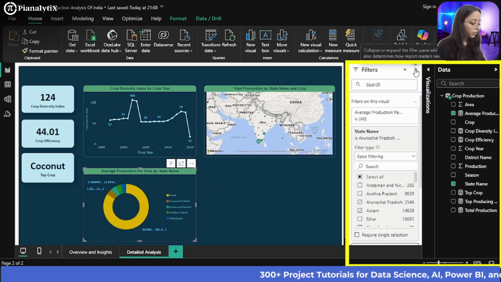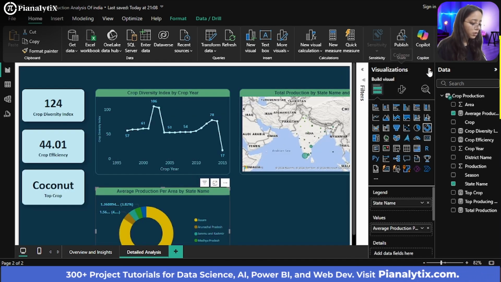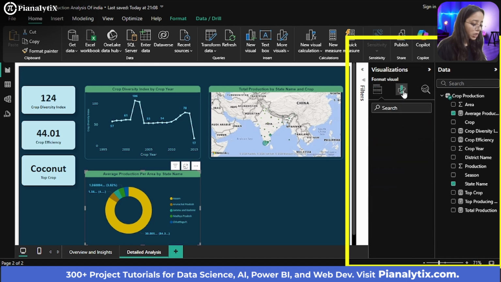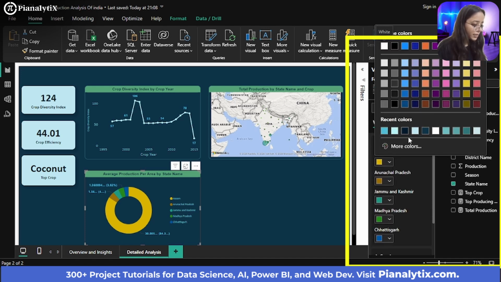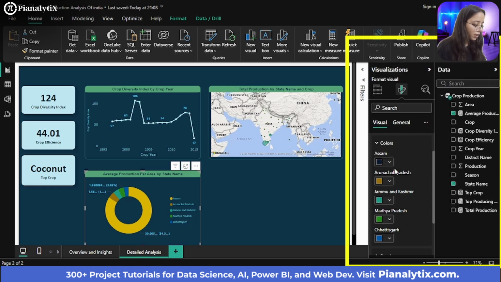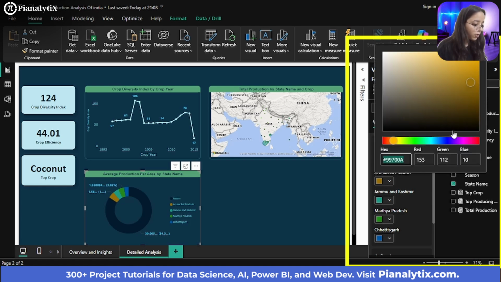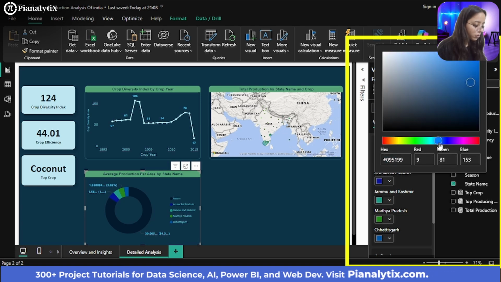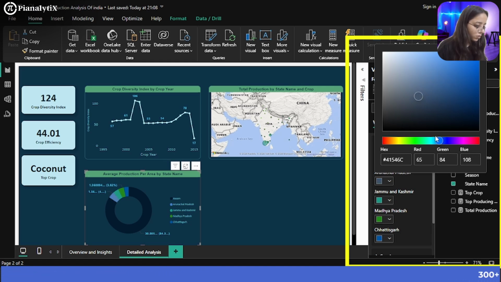But for this, what you can do is go to the visualization section here, and you can change the color of the slices also. For example, for Assam per se, let's take some darker color. And then moving on to Arunachal Pradesh, maybe let me just go to more turquoise shade colors.